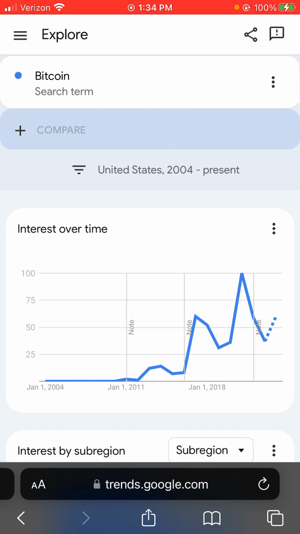The second high was higher, but this is quite a bit higher. So in other words, somehow,